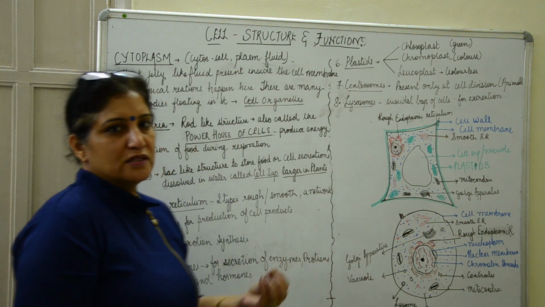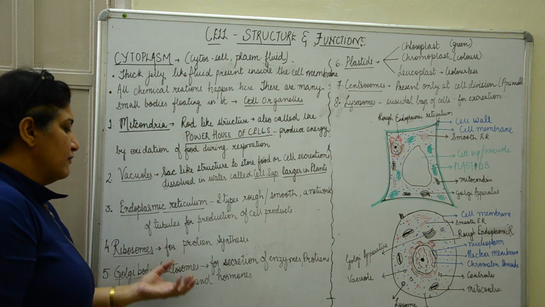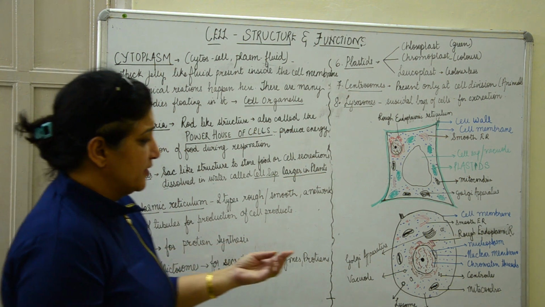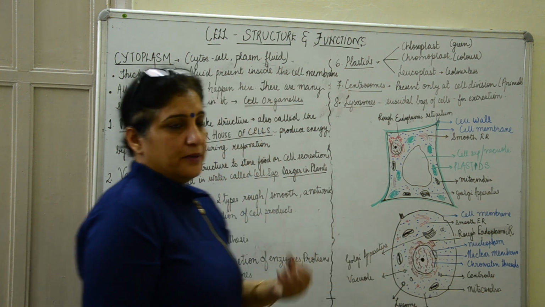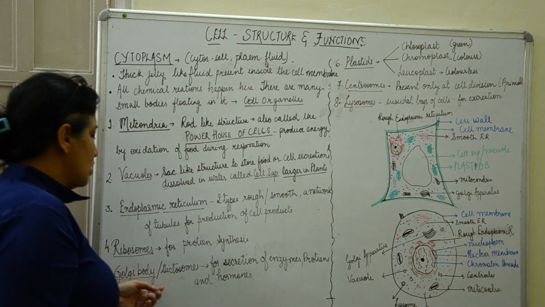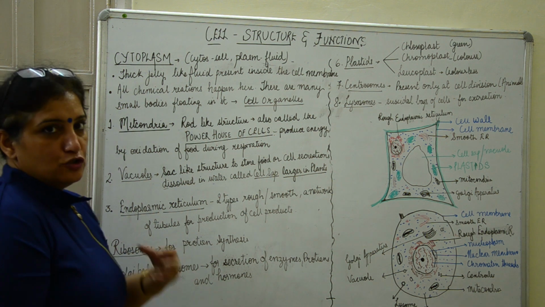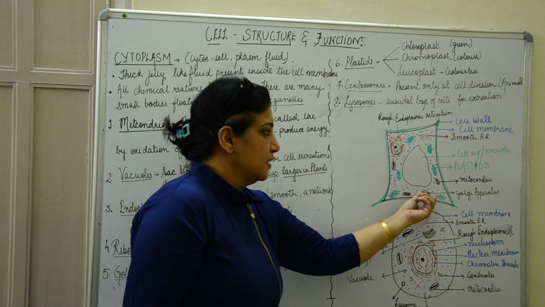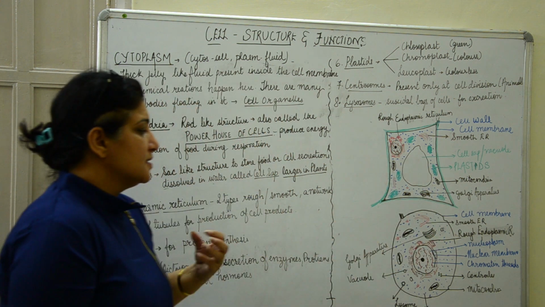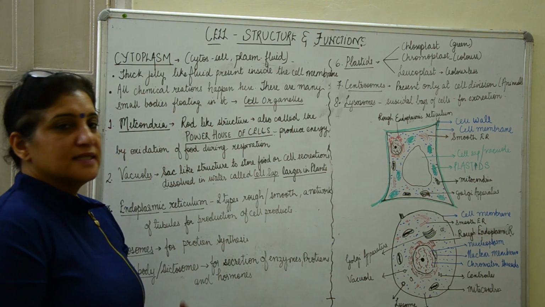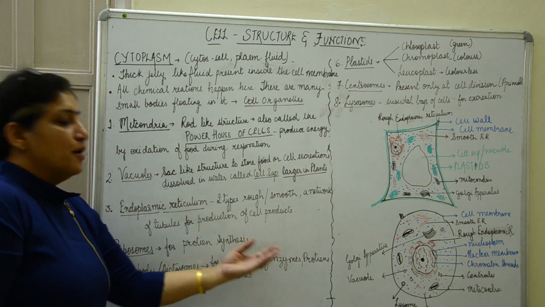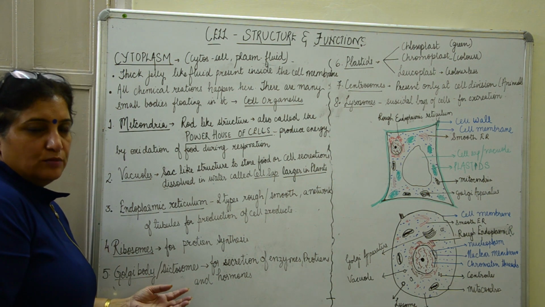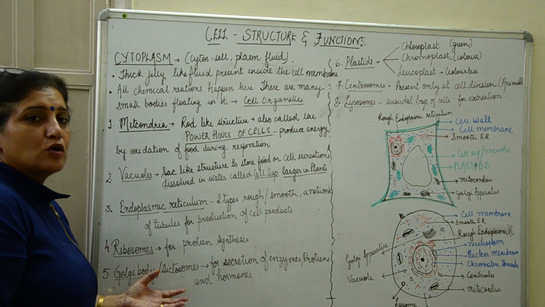Now we come to ribosomes, which are most of the time attached to the rough endoplasmic reticulum. These are granule-like structures, and these are responsible for protein synthesis. This is what makes the endoplasmic reticulum a little rough in appearance. Then we come to Golgi bodies or dictyosomes, again a tubular, sac-like structure present in both plants and animals, and this is responsible for the secretion of enzymes, proteins and hormones. It is also called dictyosomes. Sometimes you refer to it as the Golgi apparatus.